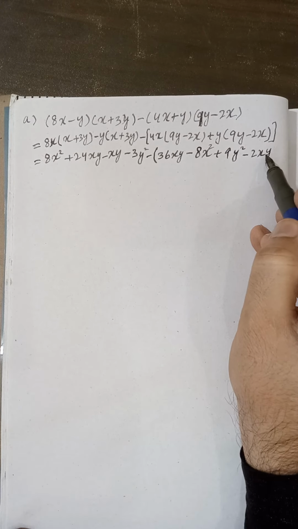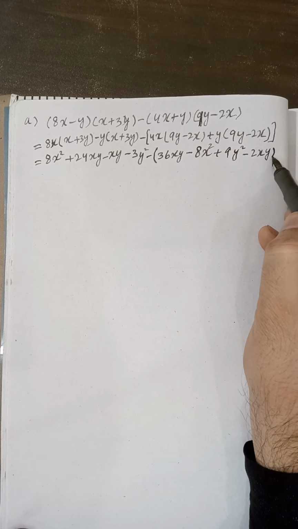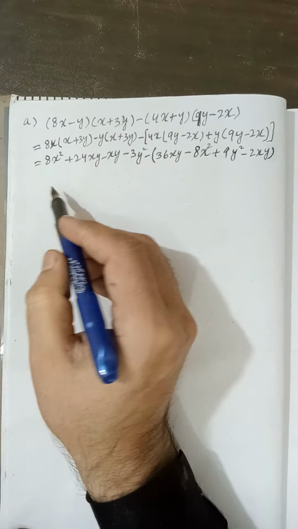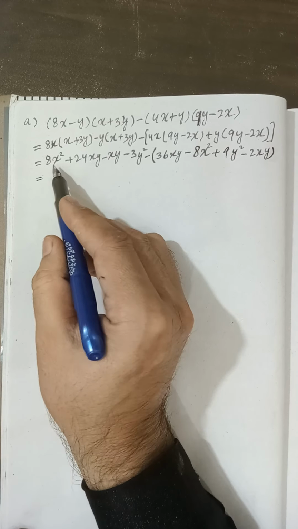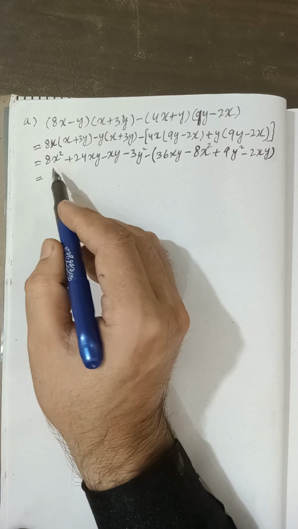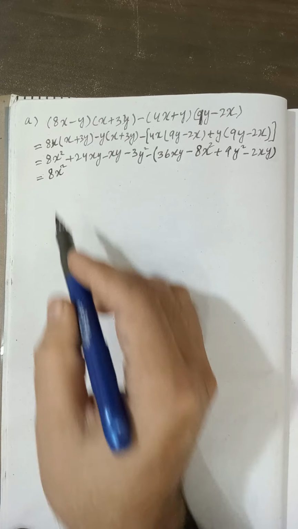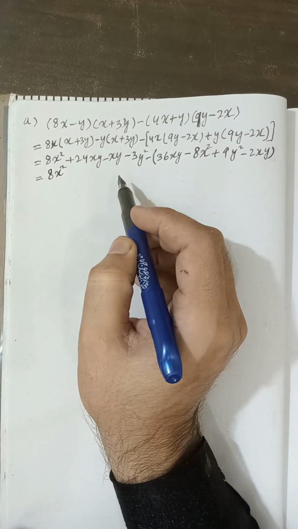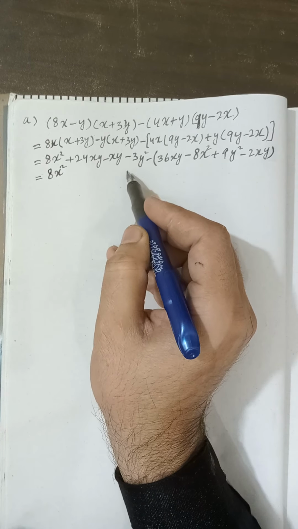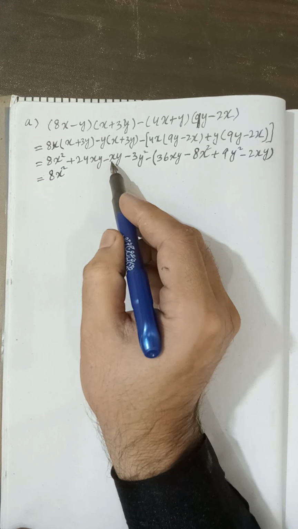Always arrangement is xy, xy, xy here, so that while adding or subtracting we do not face any difficulty. 8x square, write it as such because it is a single term up to this expression,